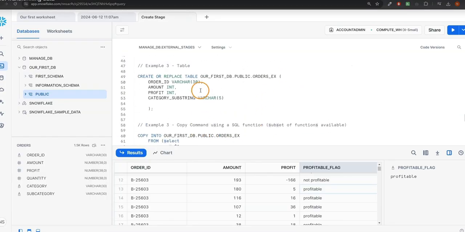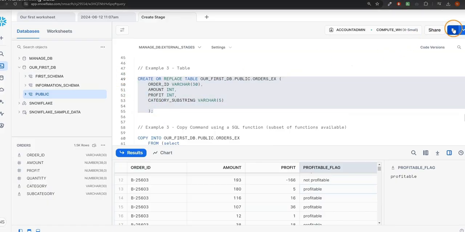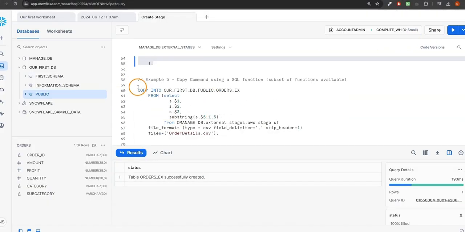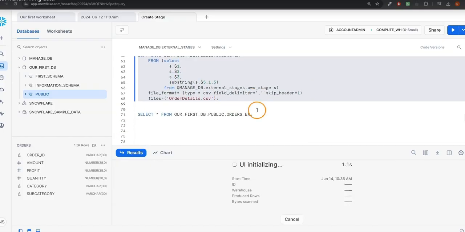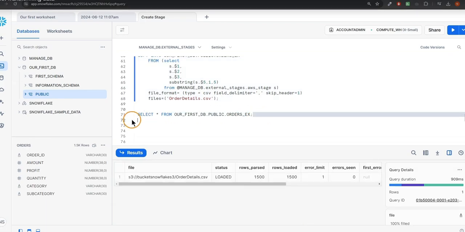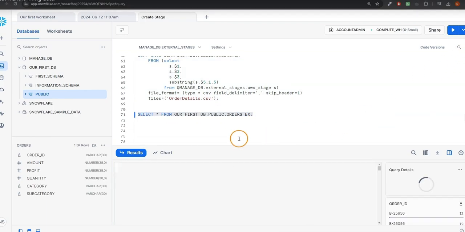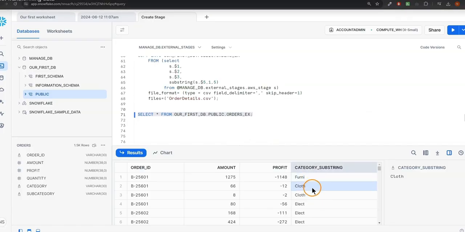All right, so now let's again recreate our table for our last example, and now also copy this using the substring, and then again, of course, have a look at the result, what we have loaded, so that we have seen we have done this successfully, and we have now applied a few transformations on the fly during the load, which can be very useful sometimes in some cases. And now that we have seen how this works, we want to have a look at a few other options during the load, which